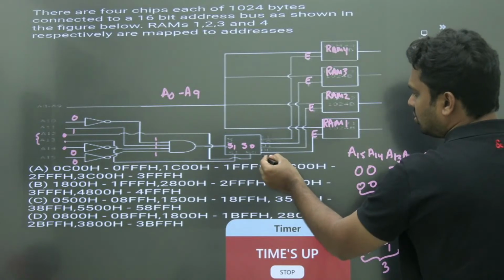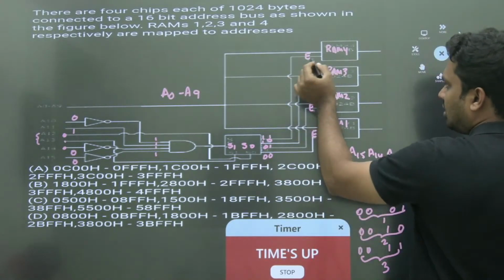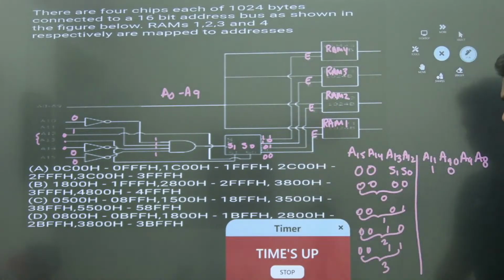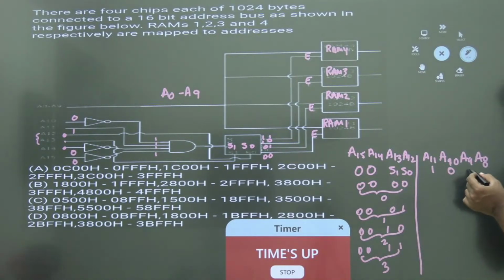Right? So when it is 0 0, 0 1, 1 0, 1 1, it will be selecting RAM 4, 3, 2, 1. Okay, so this will be selecting. This is the address binary equivalent. So they can be again 1, 0. They can be all zeros to all ones. That can be